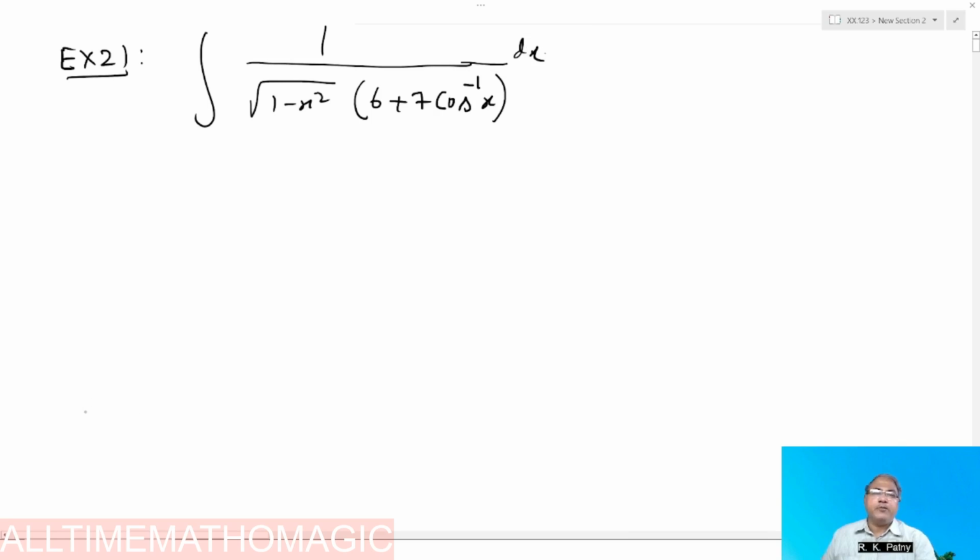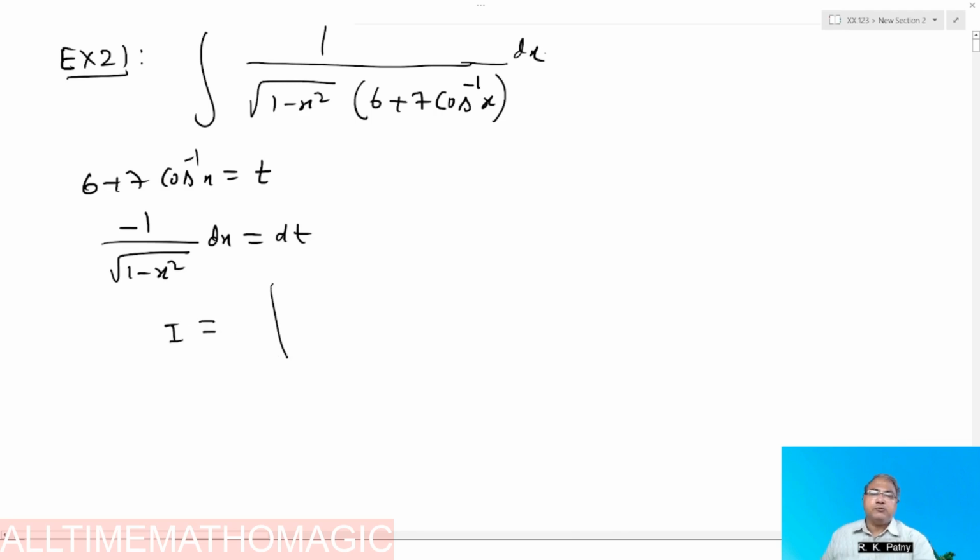Example number 21. Evaluate the integration of 1 upon under root of 1 minus x square into 6 plus 7 cos inverse x. Now let 6 plus 7 cos inverse x equal t. The derivative gives us minus 1 upon under root of 1 minus x square dx equals dt. Therefore I equals 1 upon t